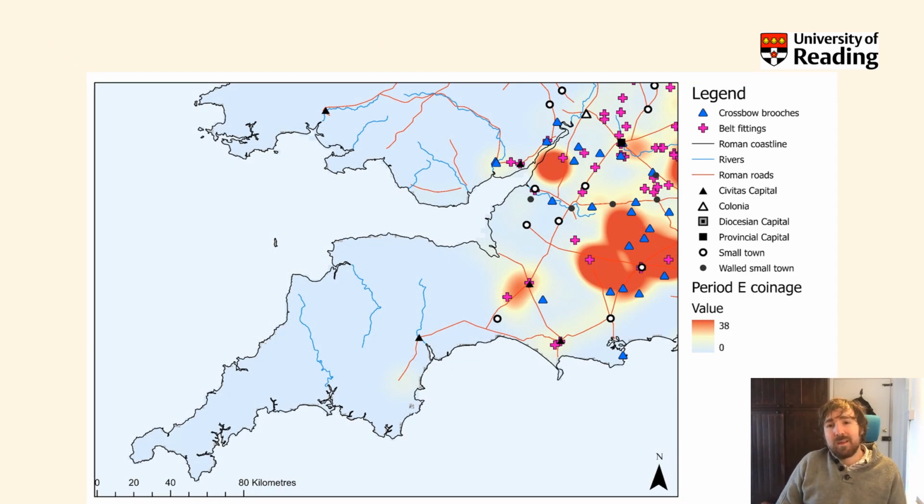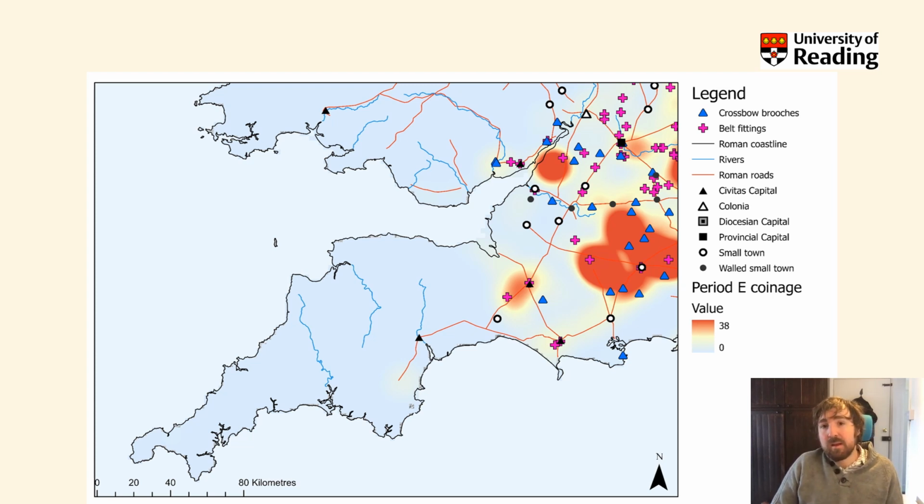Building on the evidence so far that I've collected in terms of coins and coin hoards, I also thought it would be interesting to show what I've done so far in terms of other data sets. With crossbow brooches, I've added in all of the data from the corpus collected by Don McCreth, and in due course I will also tie in other data sets such as the Portable Antiquities Scheme. All of the figures you can see here, it's just the general type. I haven't broken it down into individual typologies so that you can start seeing nuances within the data set.